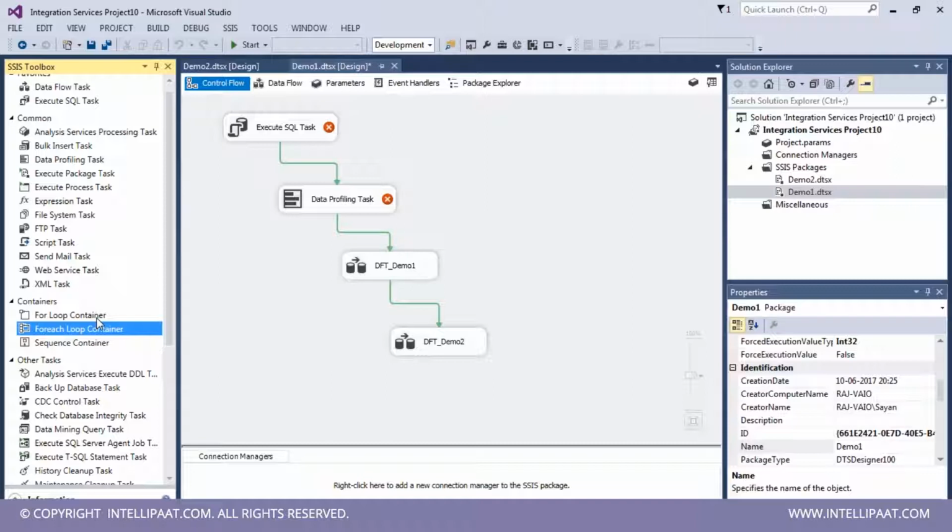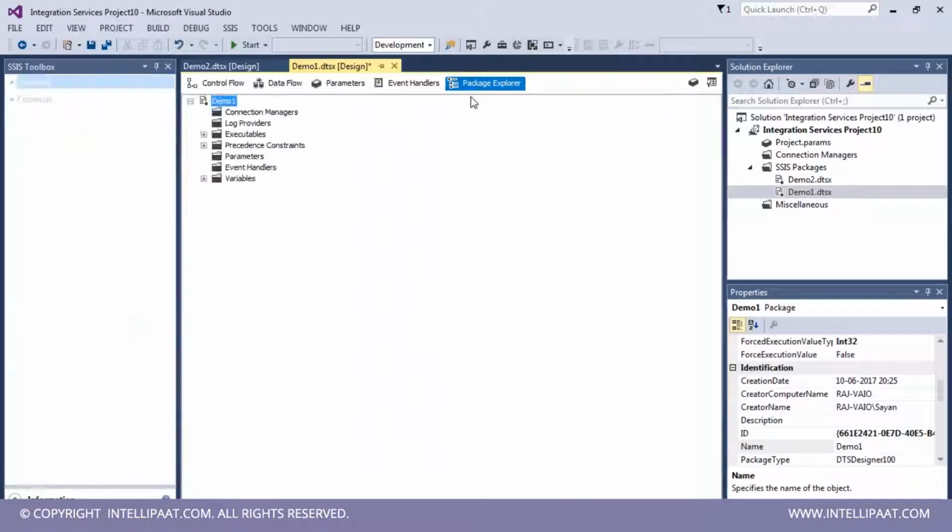Okay, and I think it just connects the dots. Initially we were saying that it is a function call, and you can just think about it. Ultimately, a function is nothing but an executable. So you give an input, and it's executing something, and it returns you a value. So it's ultimately an executable. So think about it, that everything in a control flow is an executable. Why is that important? Now that is important because next up I'm going to go to Package Explorer,